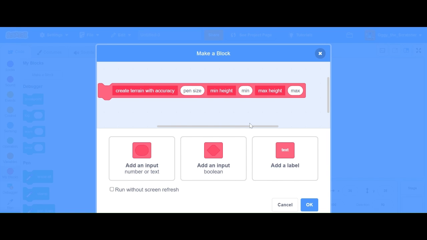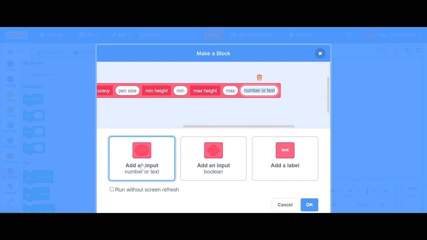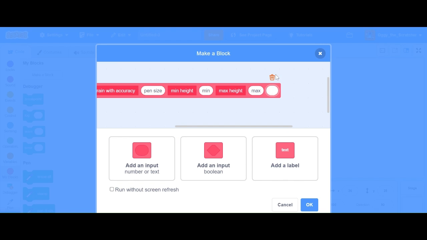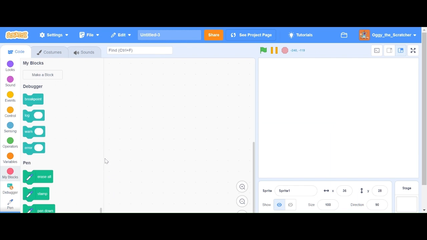So, color: R, G, B. I need all these parts. And